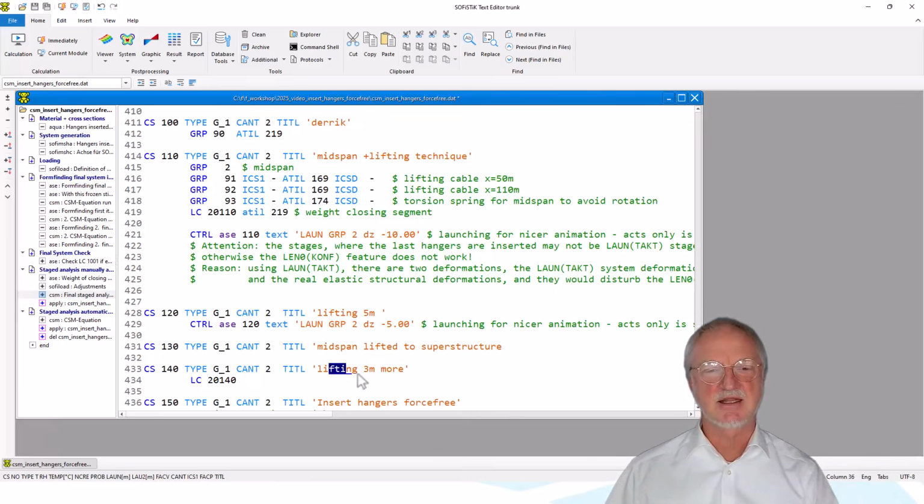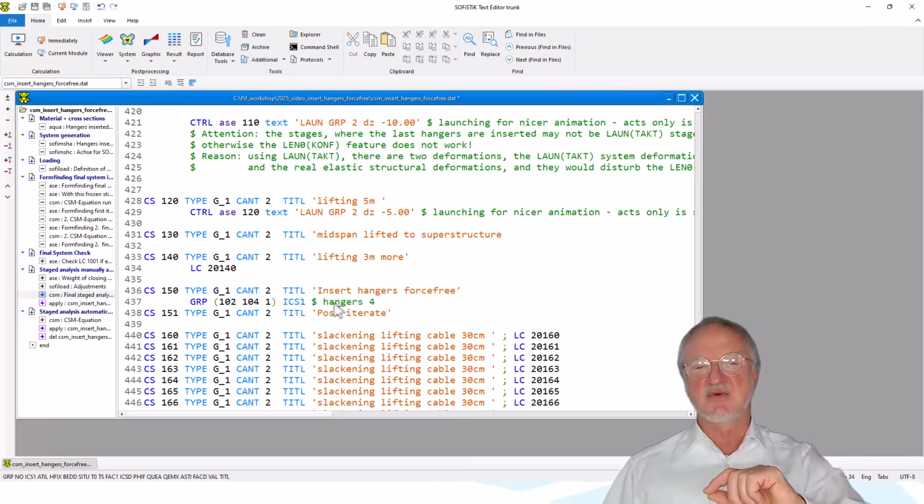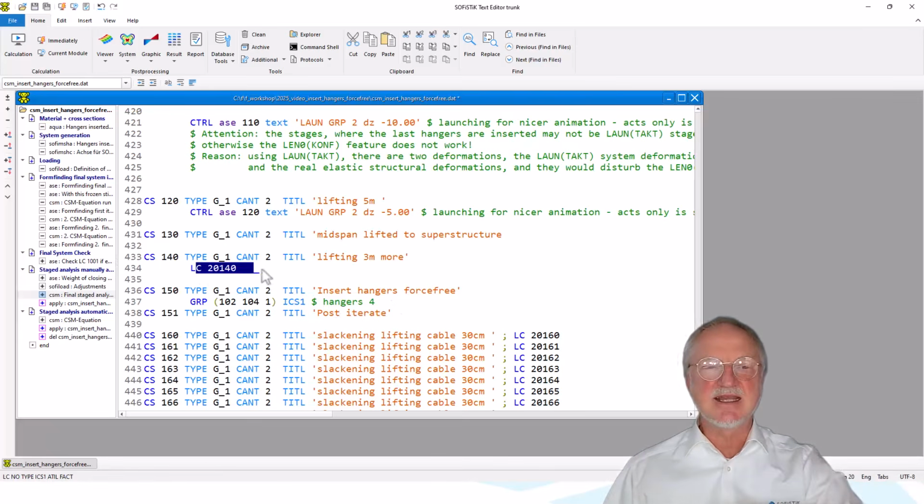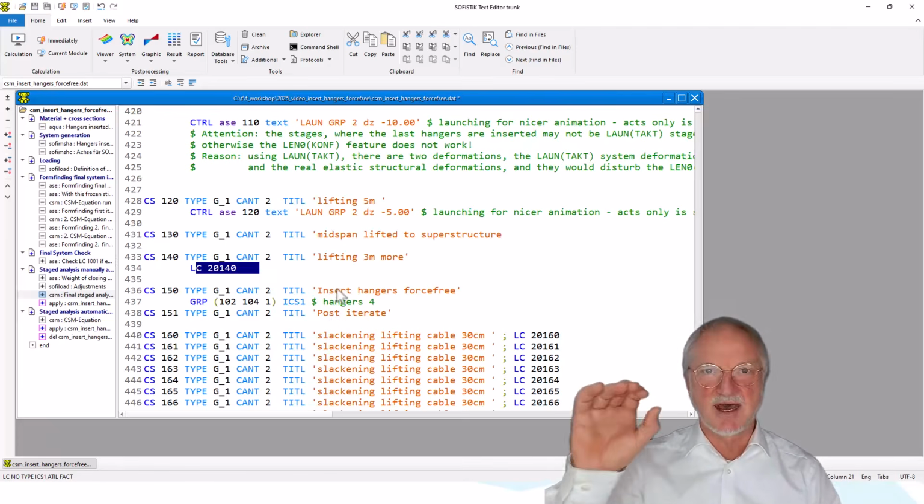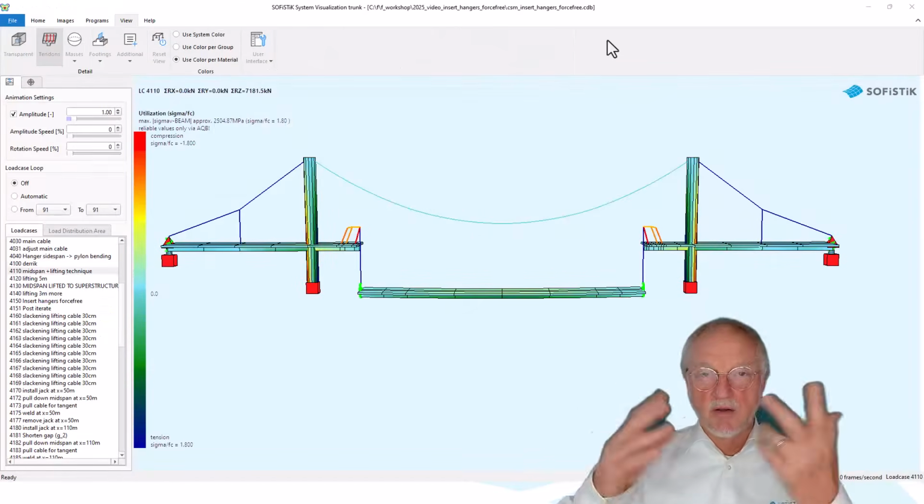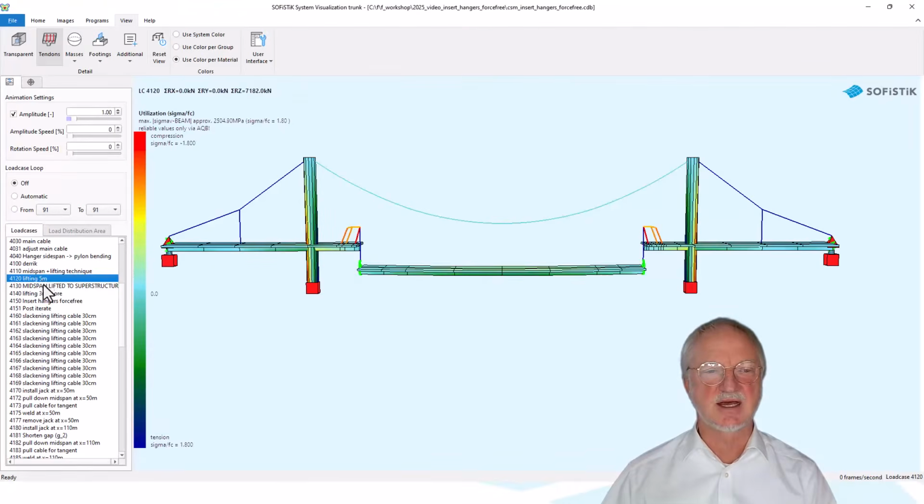And then in the next load case, I lifted 3 meters more. But this is not done by a launching, because when I activate the hangers in the next step, it is not possible to activate the hangers in a launching position if you want to activate the hangers with a given unstressed length. Now, the next step after inserting the last segment